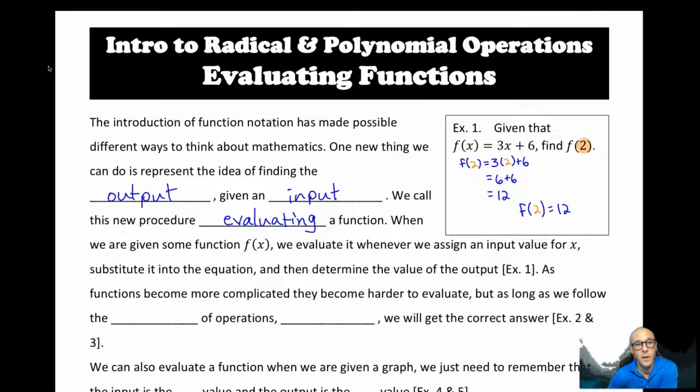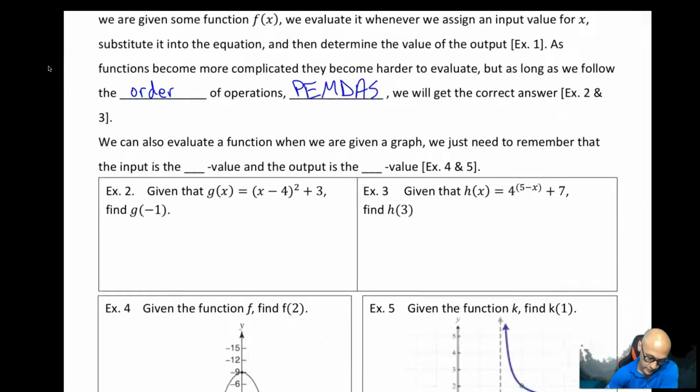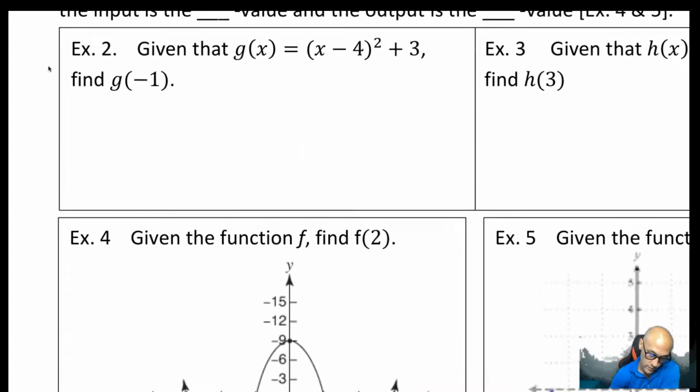As functions become more complicated, they become harder to evaluate. But as long as we follow the order of operations, which is PEMDAS, we will get the correct answer. Let's look at examples 2 and 3. So example 2 here, given that g of x is equal to (x minus 4) squared plus 3, find g